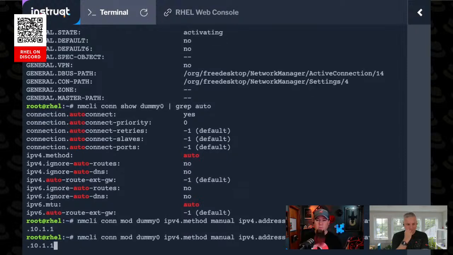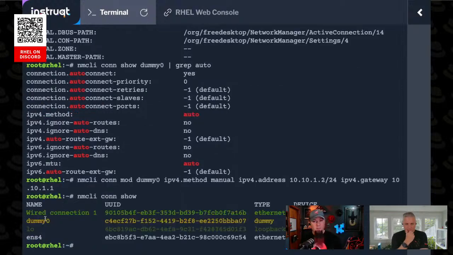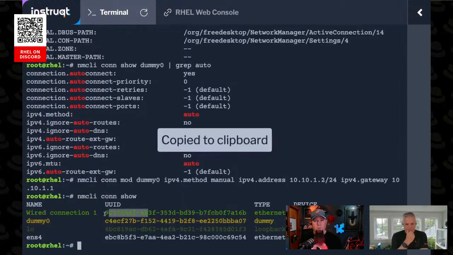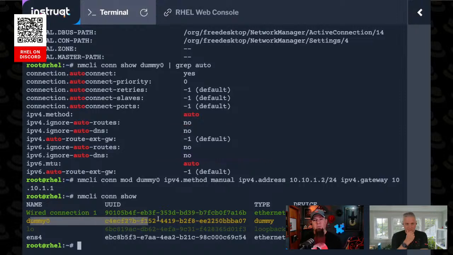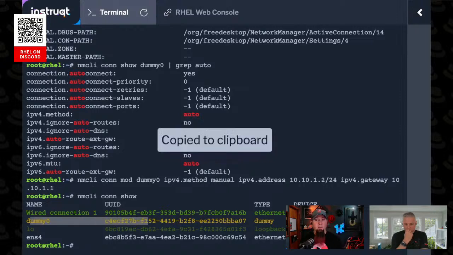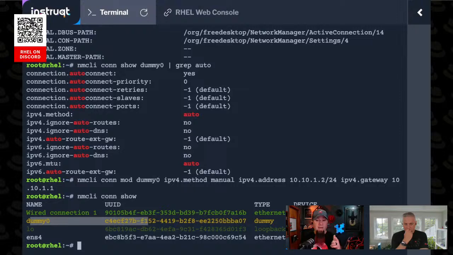But now if we look at nmcli con show dummy 0, let's just do a con show. And you noticed before maybe that this one is yellow while the other ones are green. That's because I had made some configuration changes to this while I was setting up my lab, and I had forgotten to reload the interface. To do that, all you have to do is tell it to bring up the interface. So if we do nmcli con up and then dummy 0,